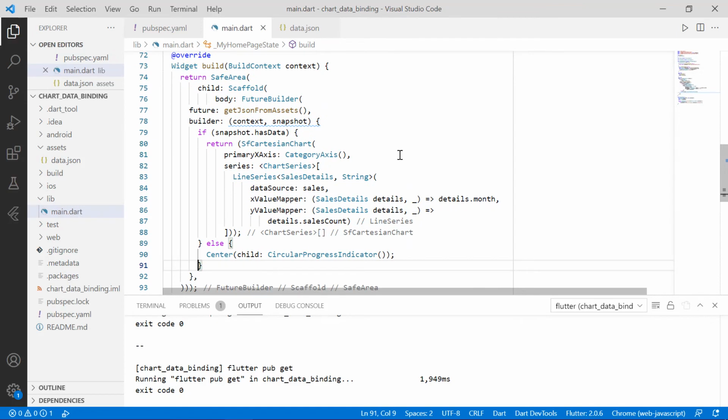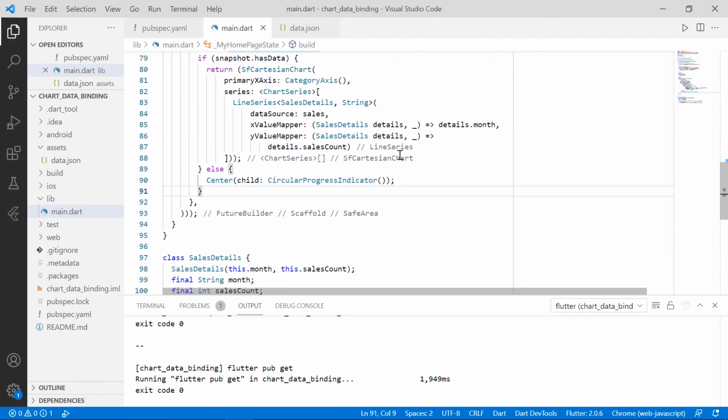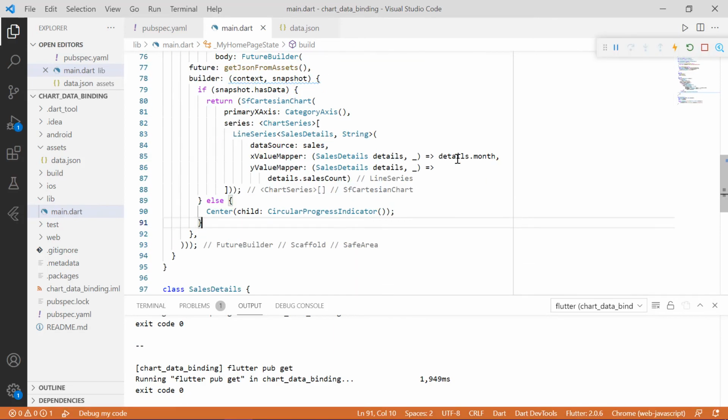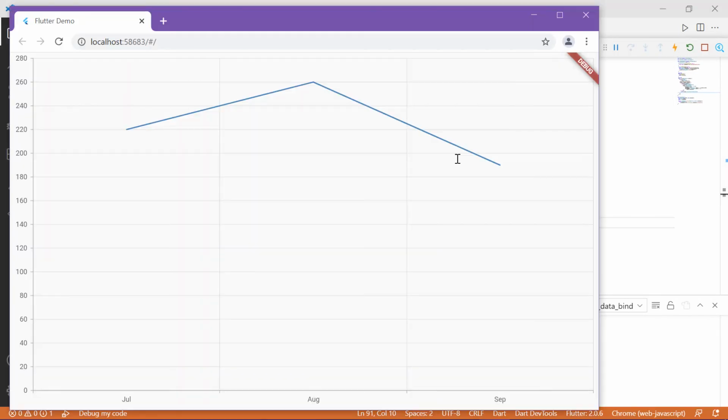Let's save and run this to see the output. You can see the data which we have specified in the JSON got rendered in this chart.